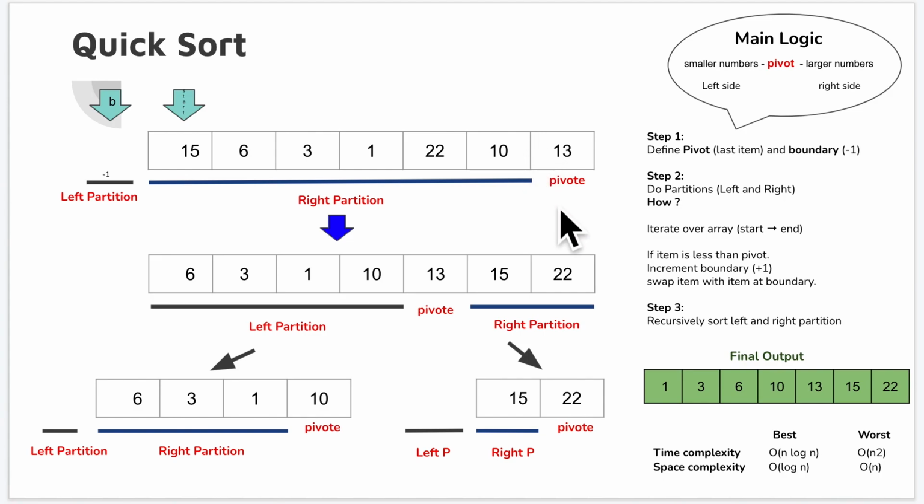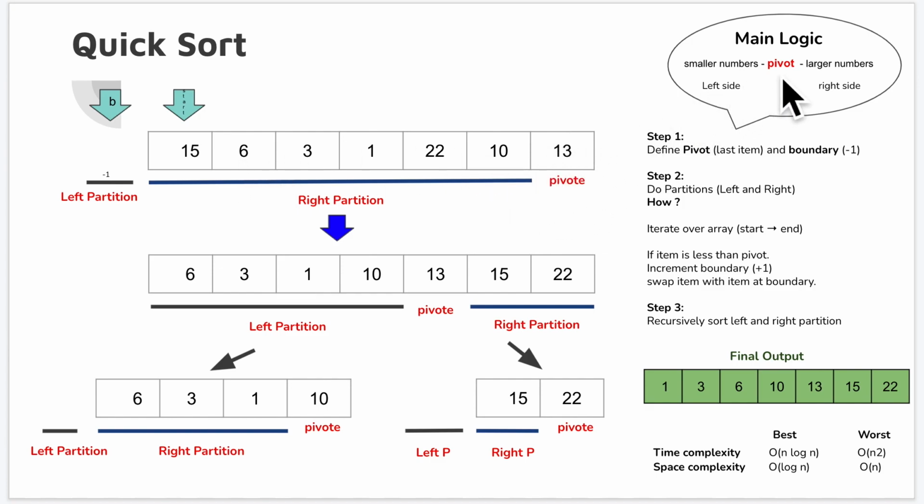Just for our logic, we are going to define the pivot as the last number. Don't worry about how to select the pivot; we are not going into that depth. There are a few scenarios, or steps, or logic, I would say, to define the pivot, but we are not going into that. It depends on whether the array is already sorted, or in descending order, or what. But if the array is not that ordered, then you can consider the pivot as the last number. So for the time being, let's consider the pivot is the last number of this array.